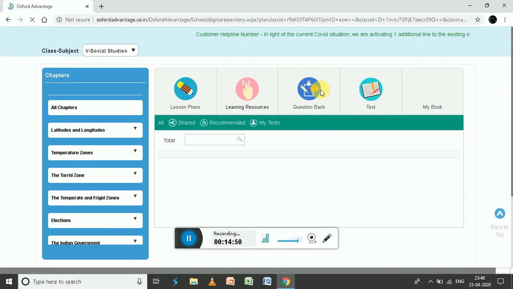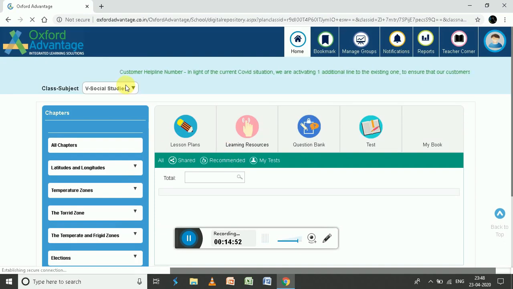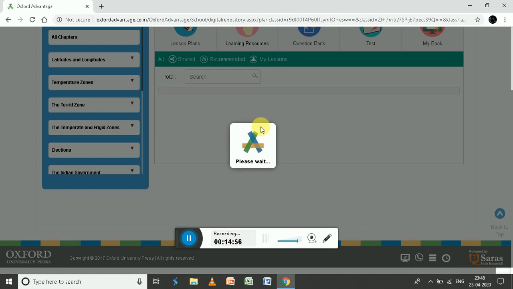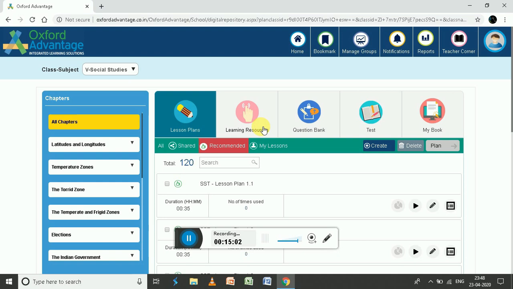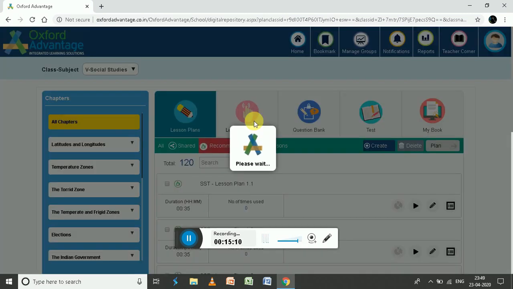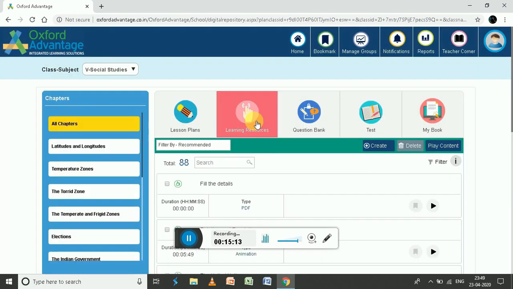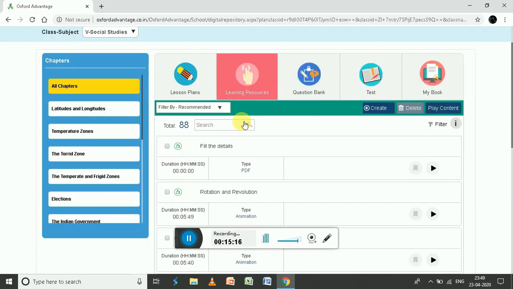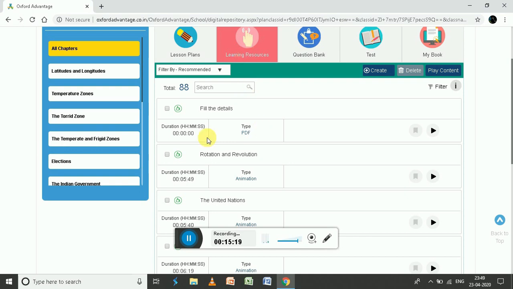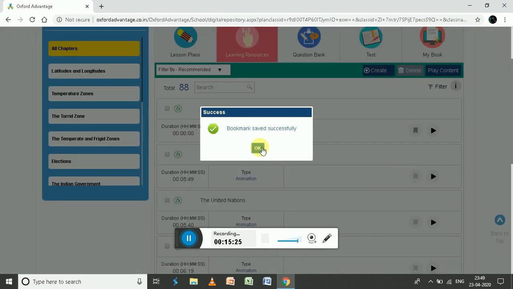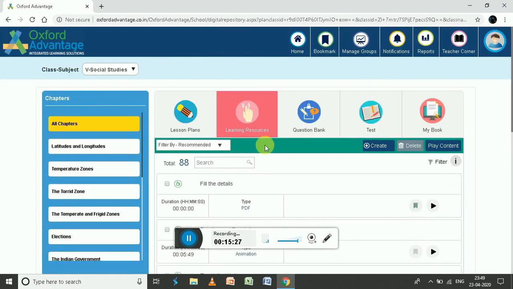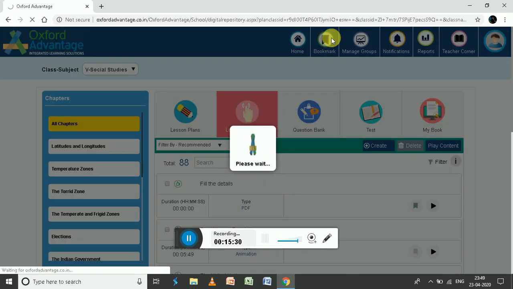The bookmark is done in the lesson plans or anywhere in the learning resources or the test, anywhere where you can simply put a mark and it will be stored, so that you do not have to go access each and everything. For example, over here, as a learning resource, there's an option of this. You simply have to click this, and it is saved. So once you go over here and check it out,